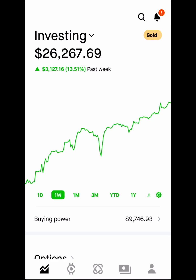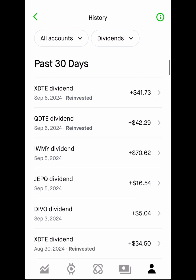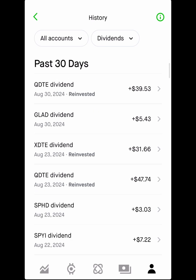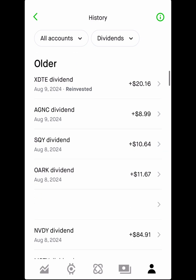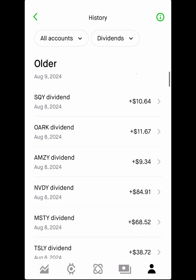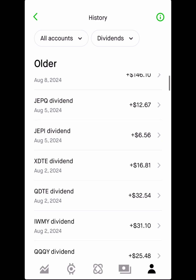But I want to talk about QDTE and XDTE and the margin I paid and how it is looking. So if we scroll back, they do it in a monthly increment. You pay weekly. But if we go all the way back to about August 6th, August 10th, this is where I started the margin investing on QDTE and XDTE. So you can see here, our first dividend payment on August 2nd, we came in with QDTE and XDTE at $32,